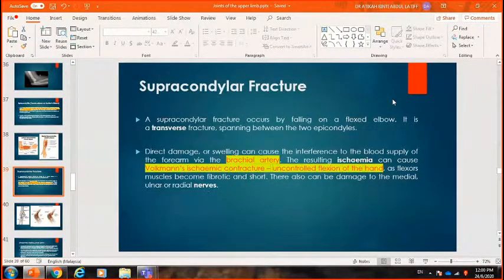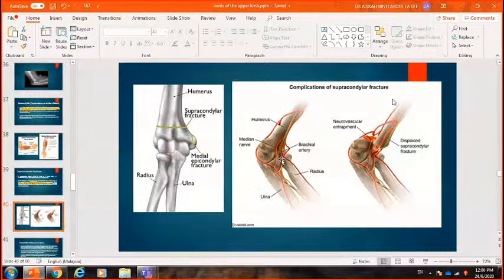Okay, and why is this important? Because it can sometimes injure the brachial artery which passes nearby. Okay, so if you can see here, this is the brachial artery here. It passes nearby the supracondylar area. If there is dislocation of the supracondylar fracture, it can cause injury to the brachial artery, and this part of your arm or forearm would be void of blood supply to the areas or muscles here. Okay,